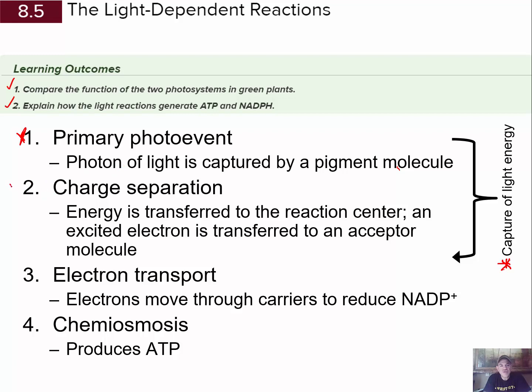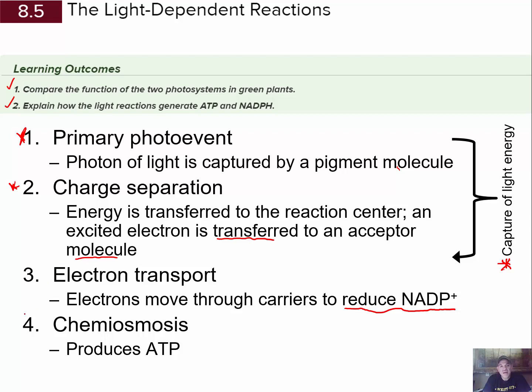This is going to create a charge separation, and here the energy is going to be transferred. That was captured by the pigment will be transferred to the chlorophyll of the reaction center, and the excited electron is going to be transferred to an acceptor molecule. Following that, the acceptor molecule is going to transfer to other molecules in an electron transport chain. The electrons eventually end up being used to reduce a molecule of NADP+, which is similar to NAD in cellular